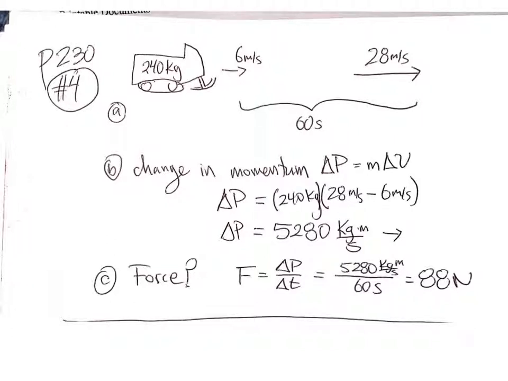Notice how if this happened over a shorter period of time, if delta t were smaller, then the force required would be larger. Okay,